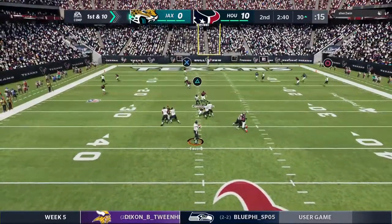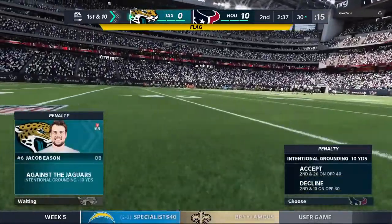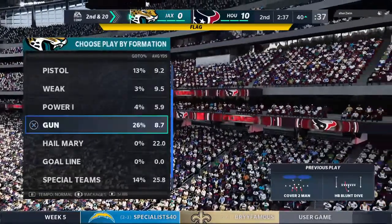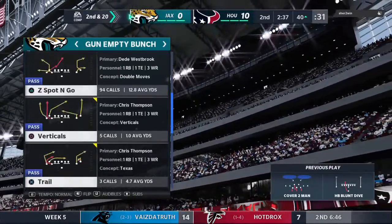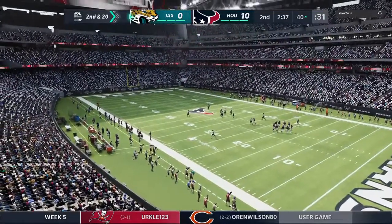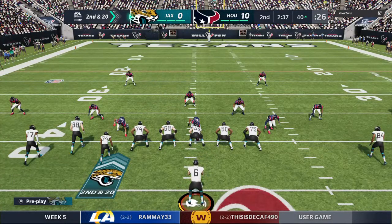1st and 10, Eason. And that'll be incomplete. We do have a penalty flag down, however. Let's see what that's about. In the pocket, chucked it away, flag comes down. So you got to move a little bit, right? Know where you are on the field, have some awareness. Tackle to tackle. You got to get outside of that tackle box in order to get that done. They lose the yardage, and of course they also lose the down on the grounding call, and it's quickly 2nd